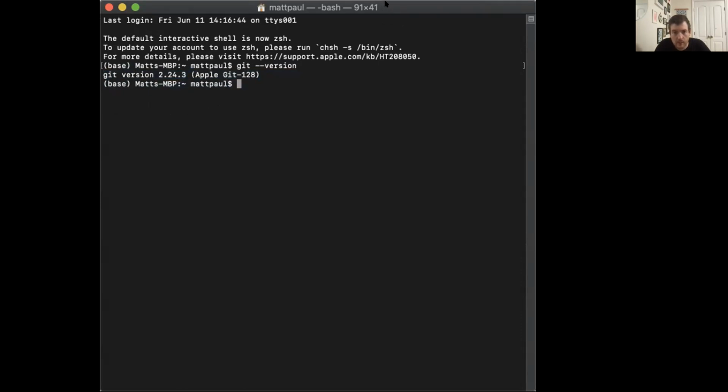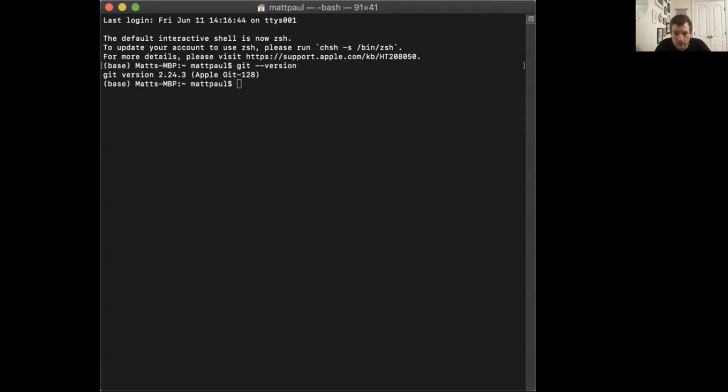So for any of you out there who'd like to do this along, to get this open, if you're on Mac, you can search for Terminal in your search bar, like Spotlight, open it up, and then check with git --version to see if you have Git. And if you're on Windows, you can search for Command Prompt. The alternative to using this is we can actually do it